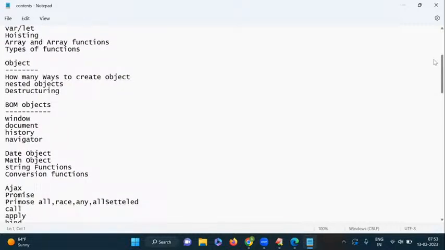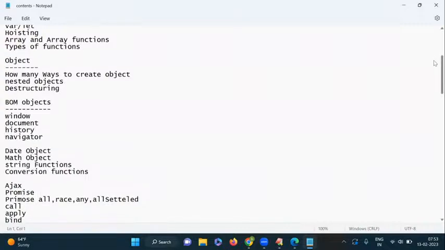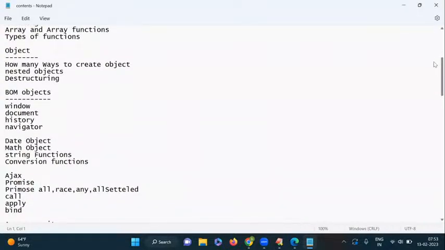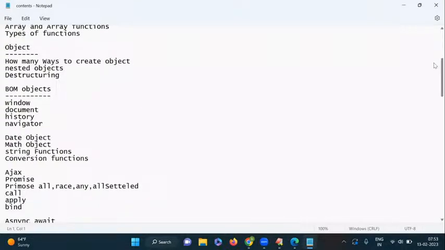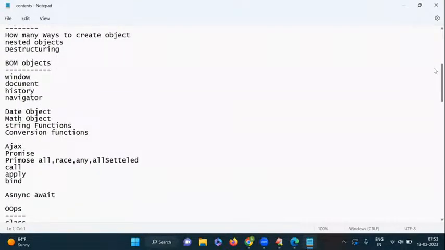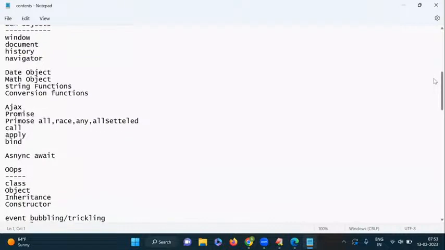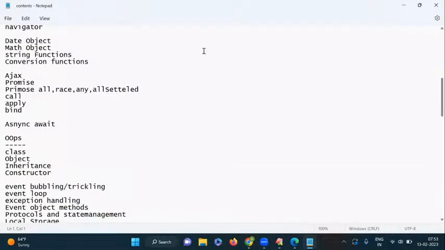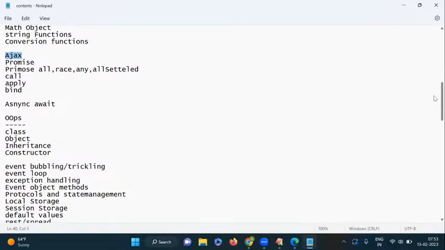Object is very important because the data which is coming from Ajax is in the form of an object only. So how to read the object, and the BOM objects, date object, math, string, conversion functions. Here it is already mentioned, Ajax and promise, what are promise related functions,